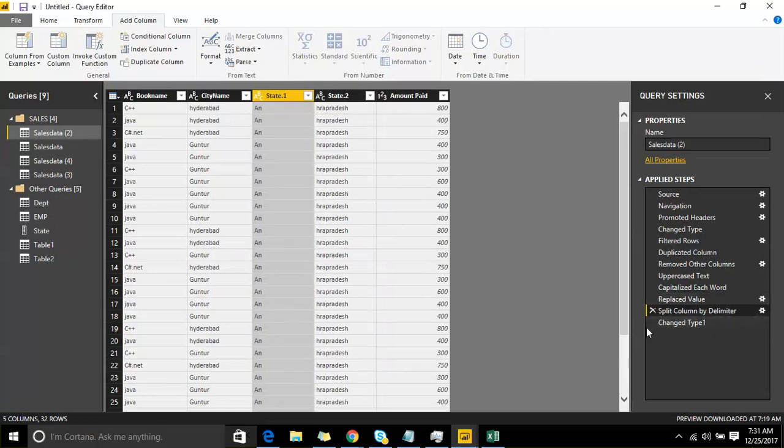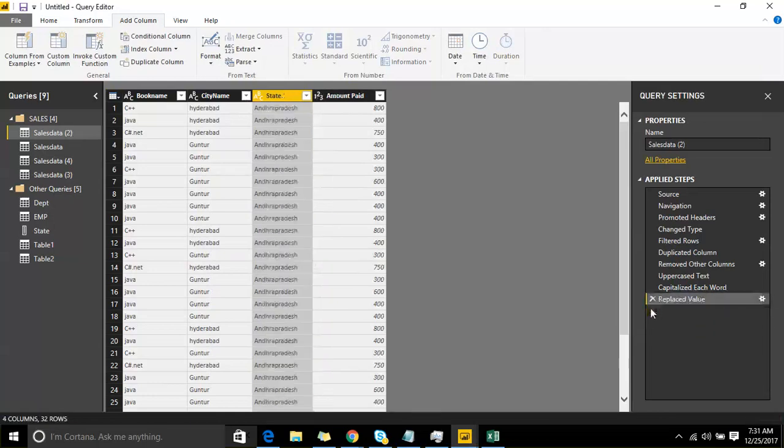That is what split column is. A split column is going to split your column into multiple columns with the help of a delimiter or n number of characters. You can split with respect to columns, or you can split with respect to rows. That is what the split option is. And the next one is